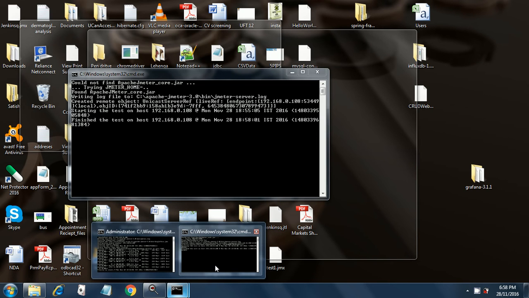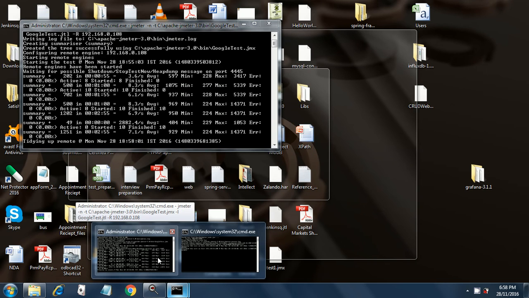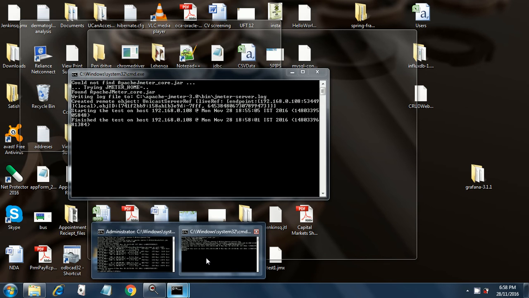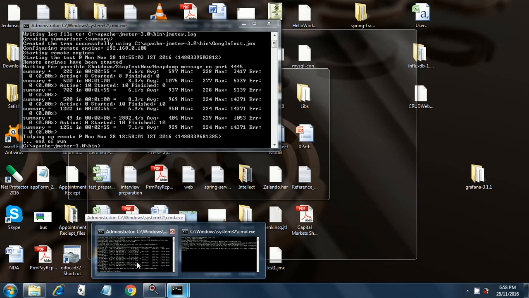Okay, I believe it has completed. It is tidying up on remote and the test has completed, and you can see that it gives the message on the server console, finish the test on host so and so at Monday, November 28. So this is how the test has completed remote execution.